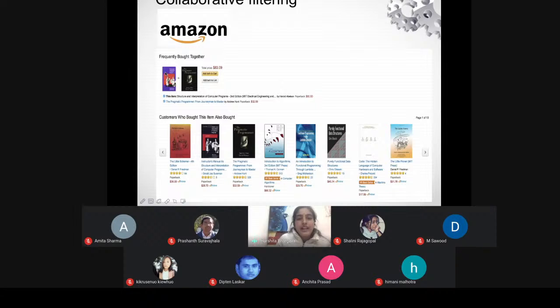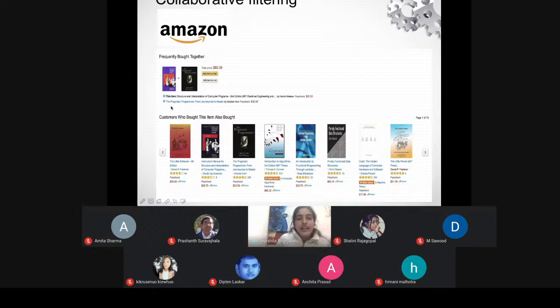These two items are related, that's why they are frequently bought together. So they are trying to increase their sales. Collaborative filtering works on the wisdom of the crowd basically. What other users have recommended, what other users have bought, ठीक है, उसके हिसाब से आपको recommendations दिए जाते हैं. तो these are the filtered recommendations and they are based on what others have liked.